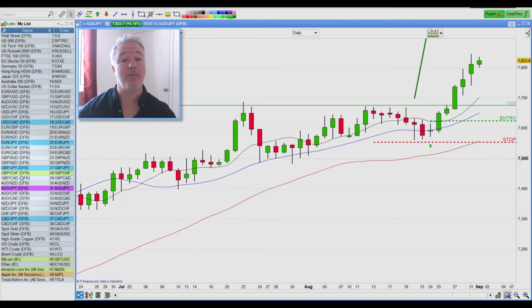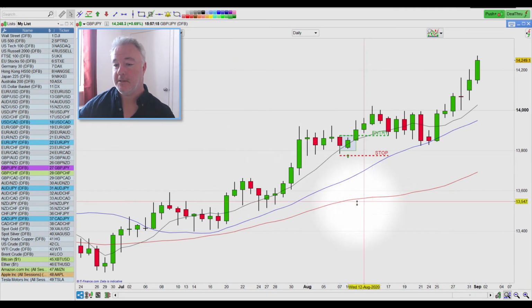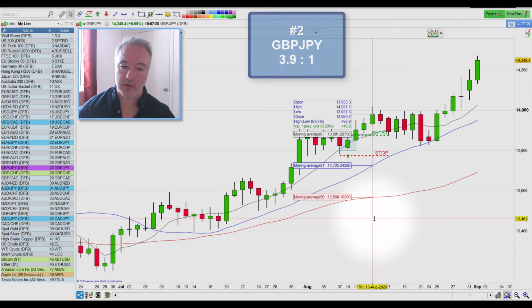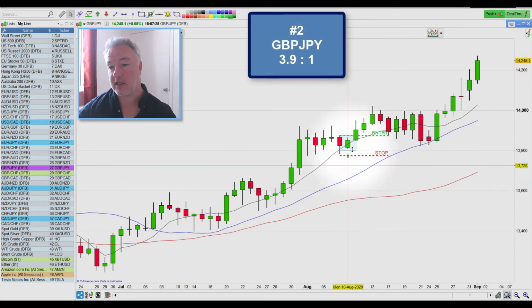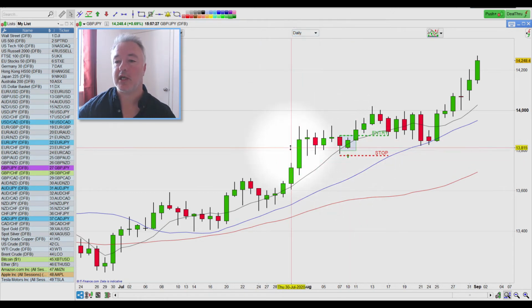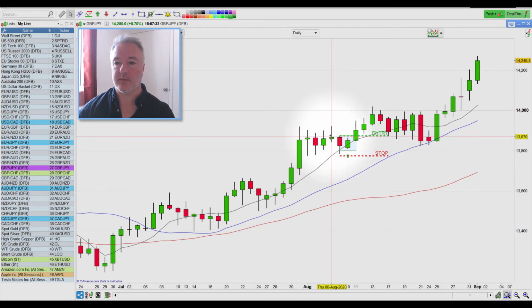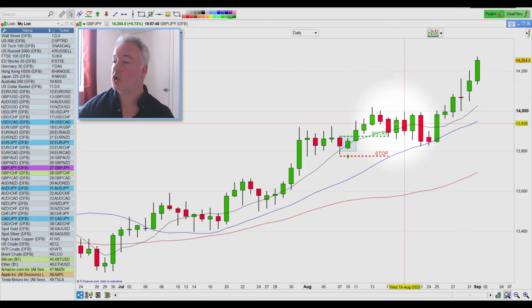Okay, in second place, we have pound yen. I was leaning more towards Aussie and GBP being the stronger of the pairs a couple of weeks ago, and they've ultimately paid out that way. This one is a relatively small bullish candle on a consolidation, but again it was a yen pair, so it was also building up as a bit of a breakout. That's really why I was quite a fan of it. Entry there, stop below the most recent swing low, which is the candle to the left. Price is still ongoing, and that one is sitting at 3.9 to 1. That's what I've got at the moment.